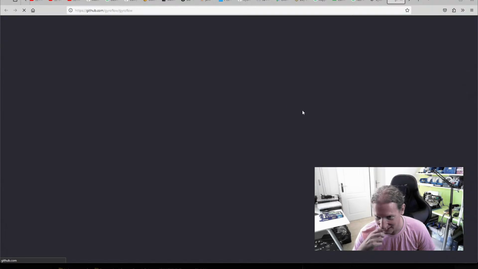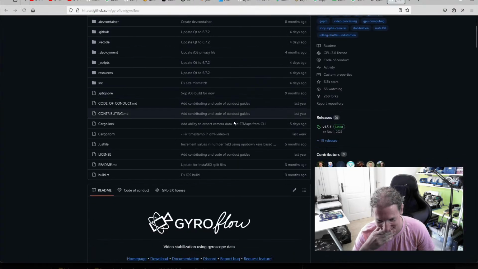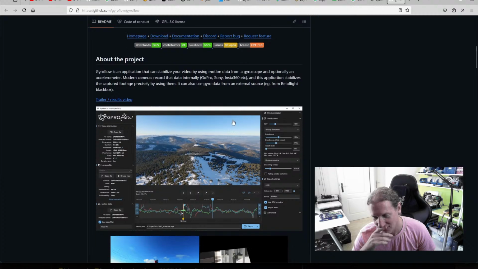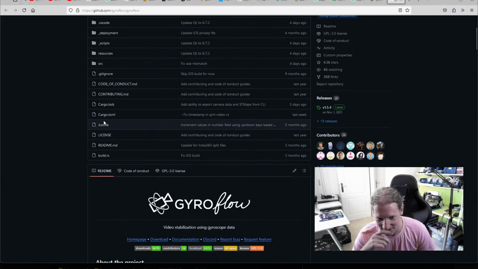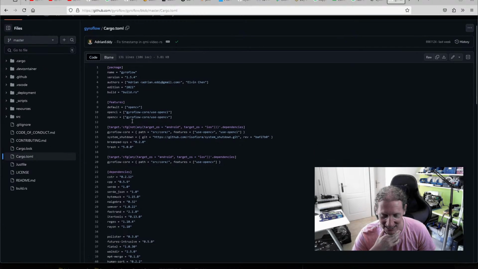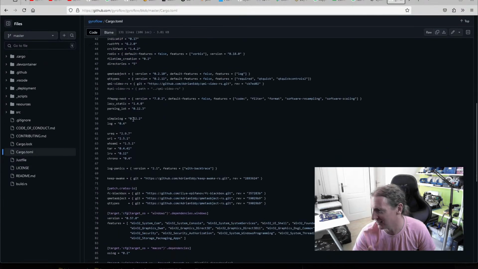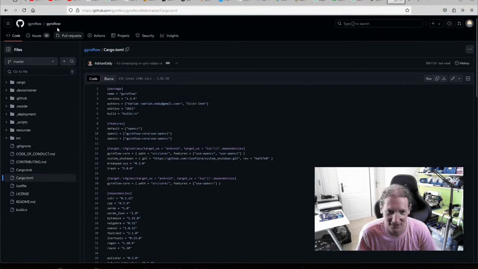Why are we looking at Gyroflow again? Well, let's go look at the GitHub. So it's written in Rust. Okay. Here's the cargo file for it. Fantastic. Why are we looking at Gyroflow again? Because we started talking about user interfaces. What interface does